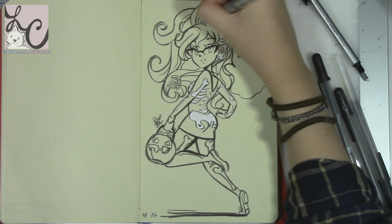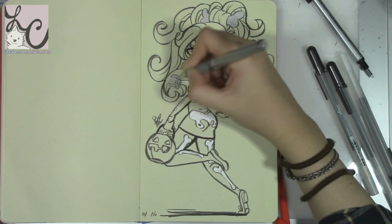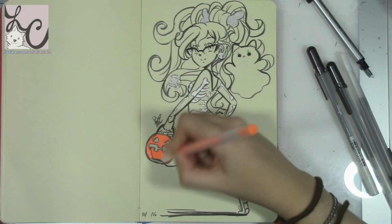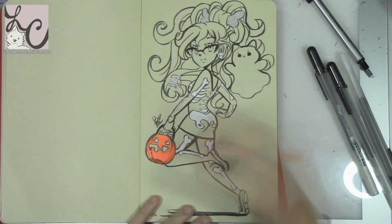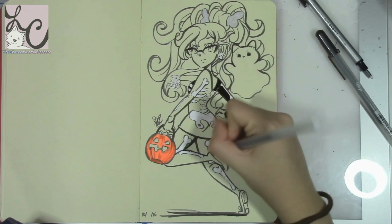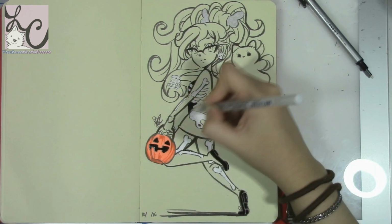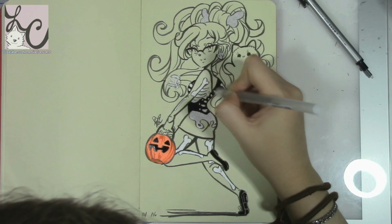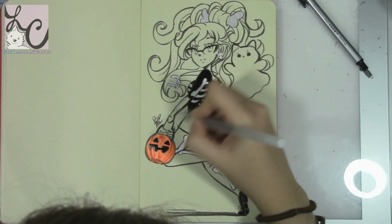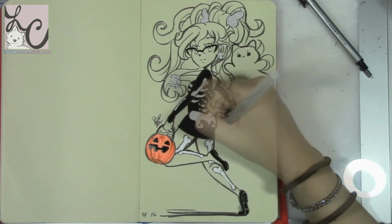used a black Sakura Glaze jelly roll. That was the only way I could get black lines, because you can see in her hair it looks gray, but that was actually a black liner that I used. For some reason this paper just absorbs all of the ink. So the only way I could get really dark pigment was by using a Sakura Glaze. So yeah, I thought this picture was cute, that she was going trick-or-treating with her cat. And that's pretty much it for Inktober